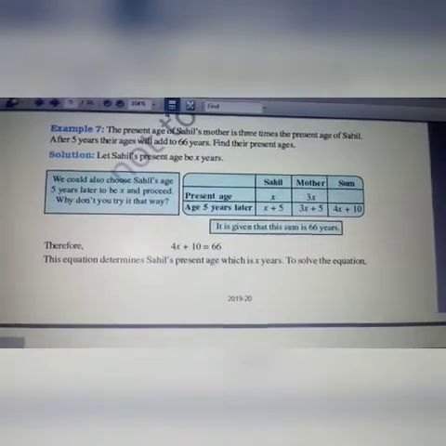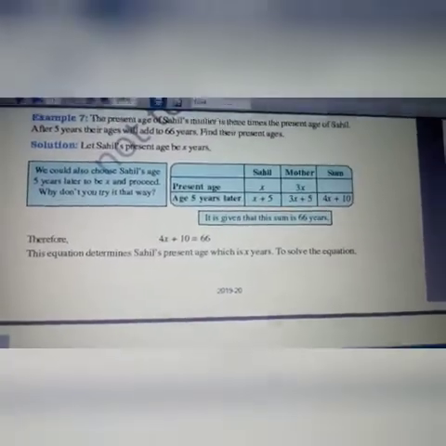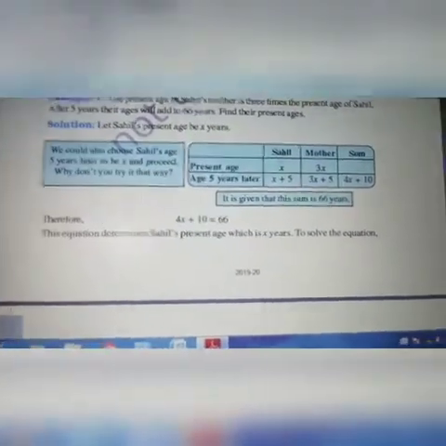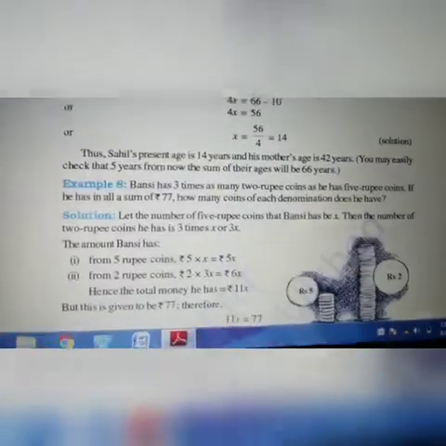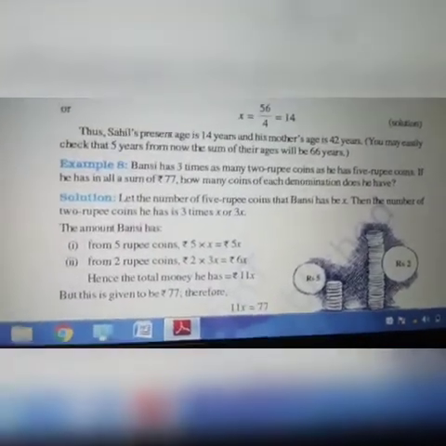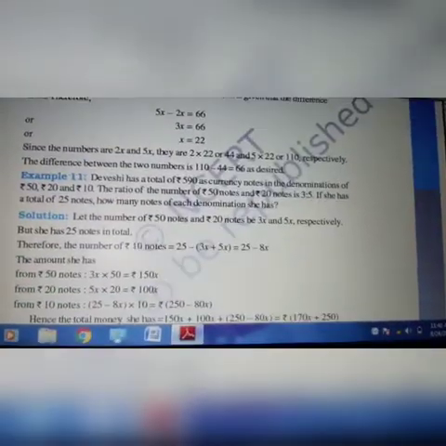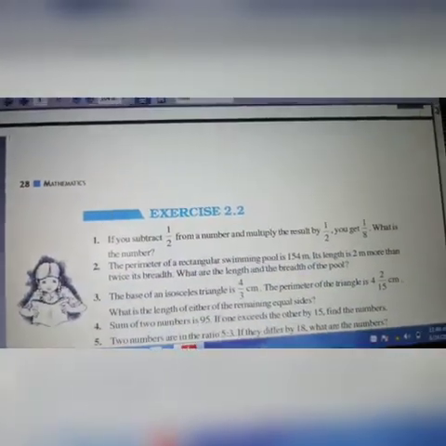See example 7. In that, it is like an age problem. They will give you that one particular person's age is twice that of the other person. What are their present ages? They will always ask you their present ages. So these will be our most common questions, because if you learn these exercises, it will be very easy for you to solve your competitive exam problems, because every competitive exam problem comes based upon this only. Okay, there are many examples given in this chapter. Work out everything. You have ample time to work out the problems. Now exercise 2.2.